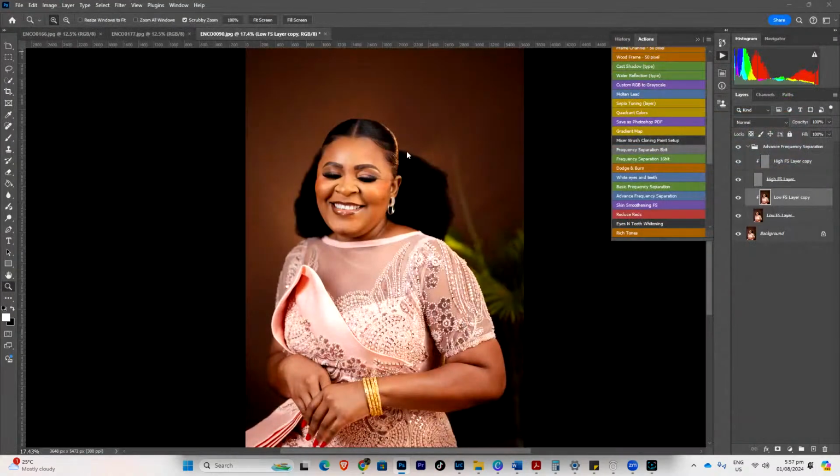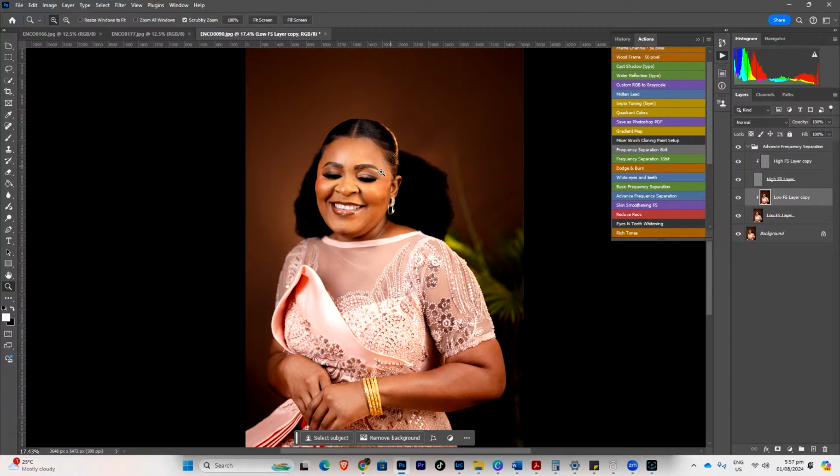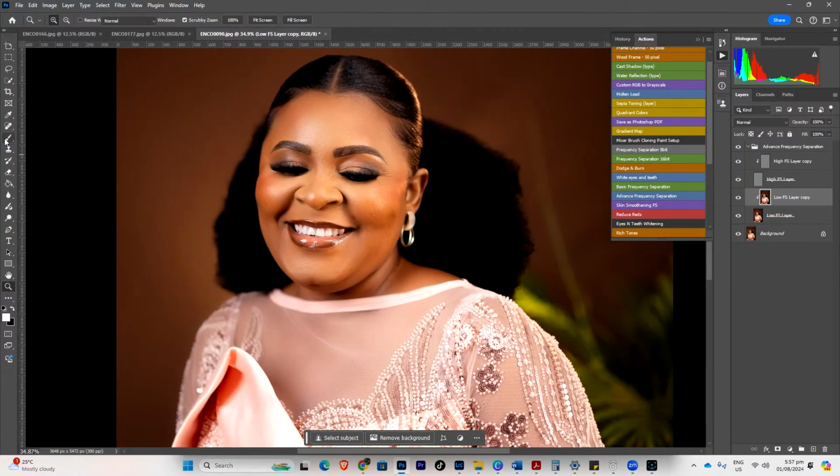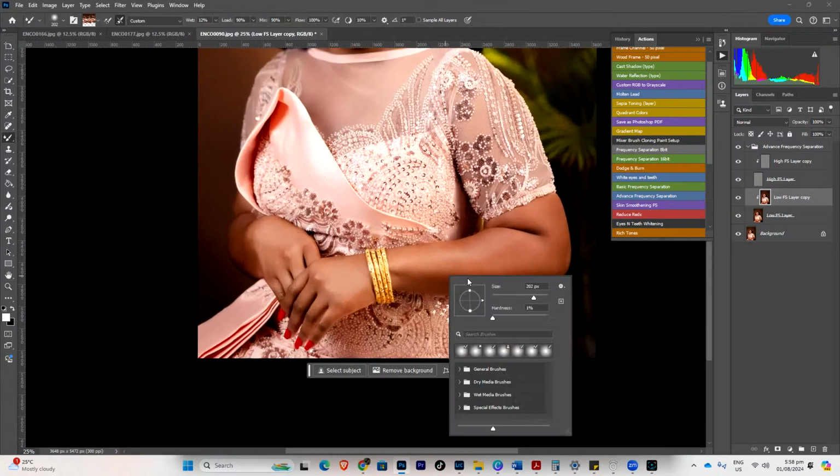So I'm going to apply it. Then the mixer brush tool to blend that side. Okay, so it's not every time that I have to blend. If I think the skin finer didn't do a nice job, then I'll blend it. But apart from that,